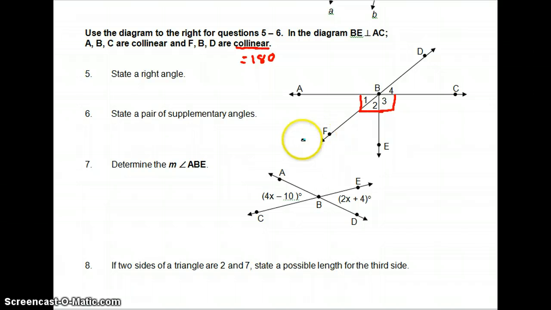So, right angle, we just pick either one of these, so we'll just say C, B, E. We could also say A, B, E. A pair of supplementary angles are 2 angles that add up to 180 degrees. So we can just draw our loop right here. So that's 180 degrees. That will be angle A, B, C, D, and D, B,